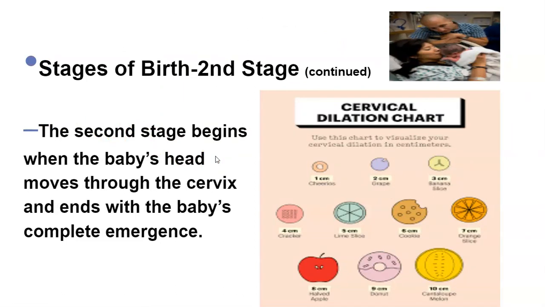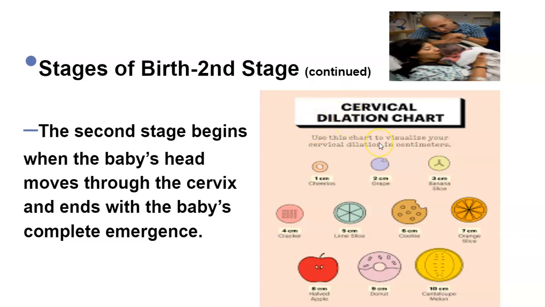Now we are into the second stage of birth. And that is when the baby's head moves through the cervix, and then ends with the baby's complete emergence. So the second stage, you really want to think about, is when the baby is actually being born. And I want you all to look at this cervical dilation